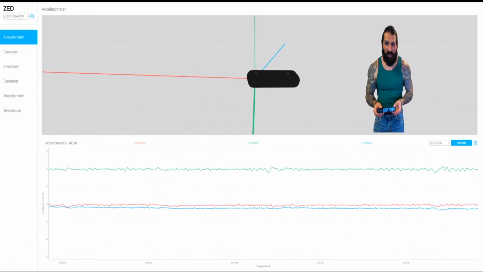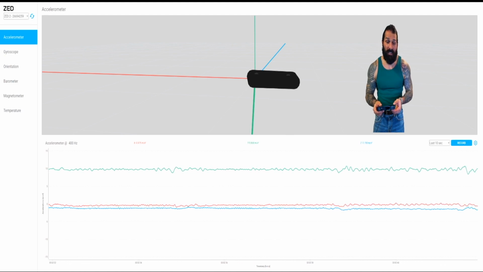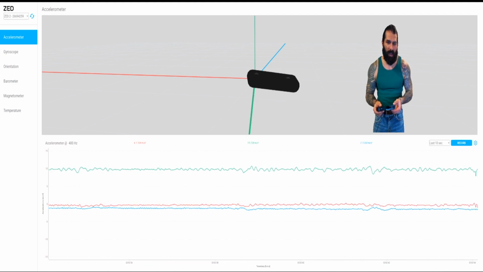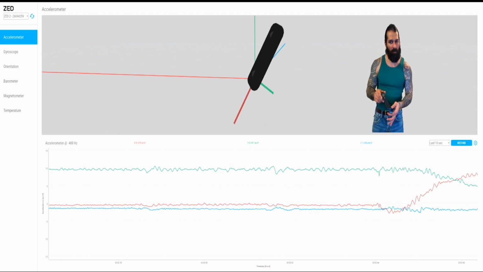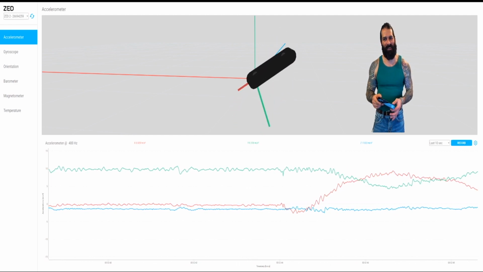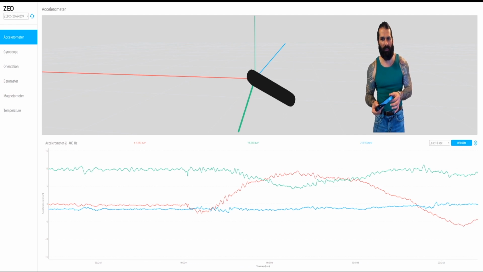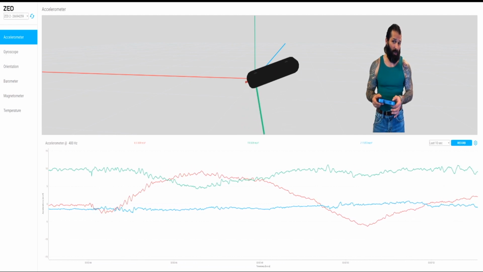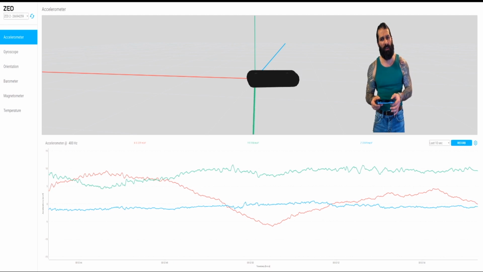Welcome to the sensor viewer of the Stereolabs Zed. This is the accelerometer, the yaw, pitch, and the roll, the XYZ. And the thing I really love about this, from an engineering and scientific perspective, is that you can record this out to a file. So if you have this on a robot, if you have this on a drone, an aerial